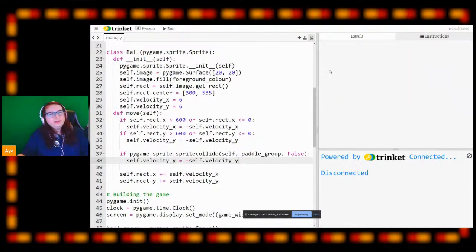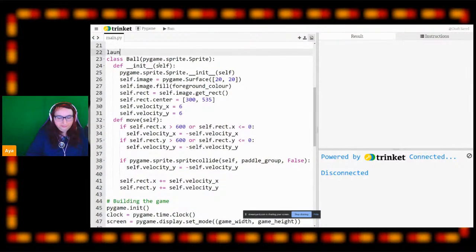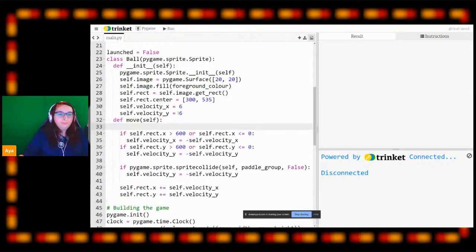However, we don't want the game to just start right away, and we want something to happen if the ball falls off the bottom of the screen, right? So we are going to add a new variable above the ball here, just called launched, and we're going to make this false. And this says the ball isn't launched yet. And then in the move function here,